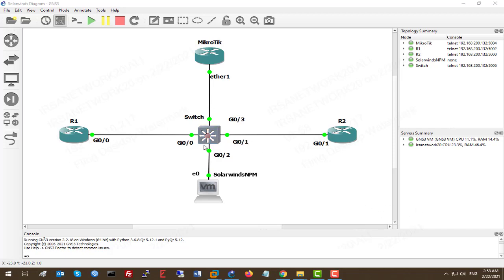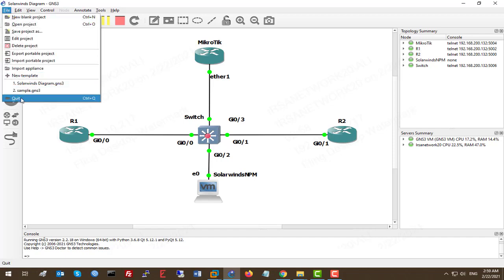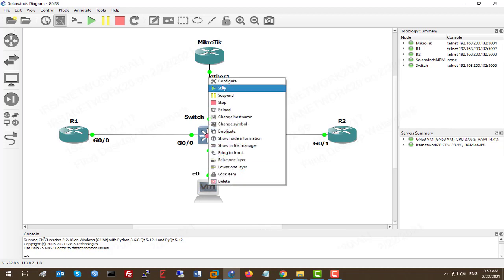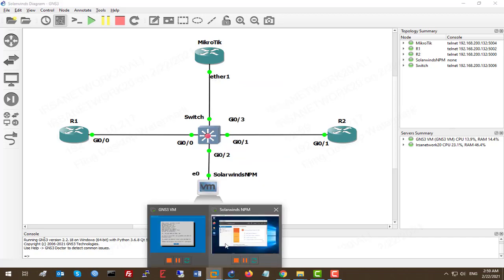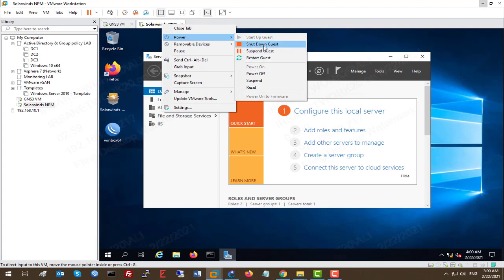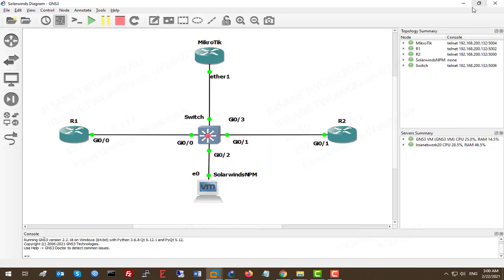So here is our GNS3 diagram and this is our SolarWinds server. Again, I should mention that if you want to close this lab, you should say quit from the file menu and save the configuration on your switch or routers here in our GNS3 diagram. And if you want to power on and power off SolarWinds, you should do it from GNS3 here. You shouldn't go to the VMware workstation and power on and power off the machine from there, because in this case, GNS3 cannot recognize the SolarWinds